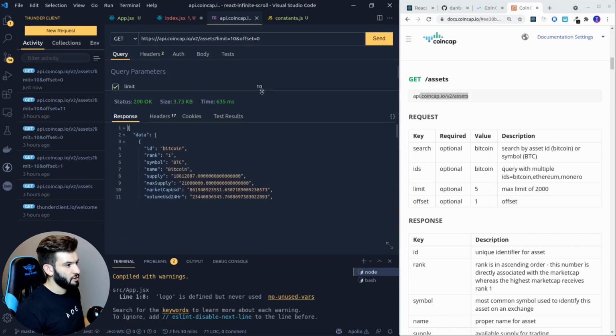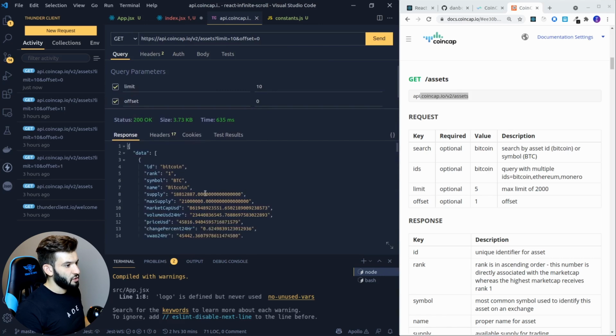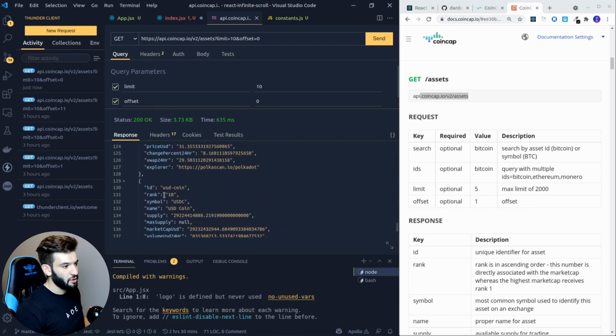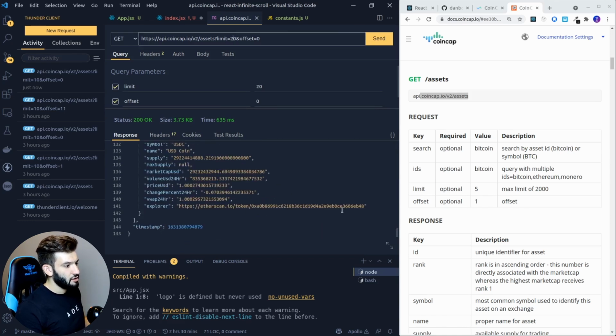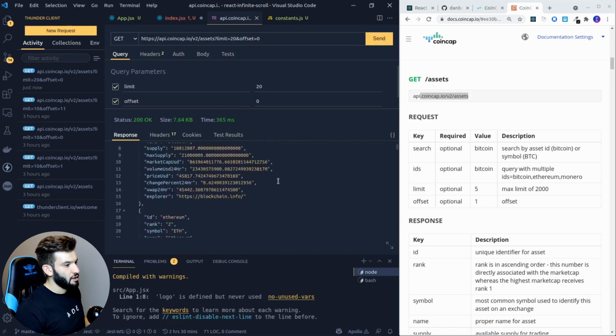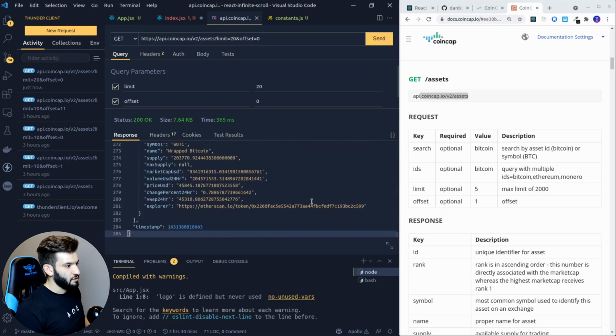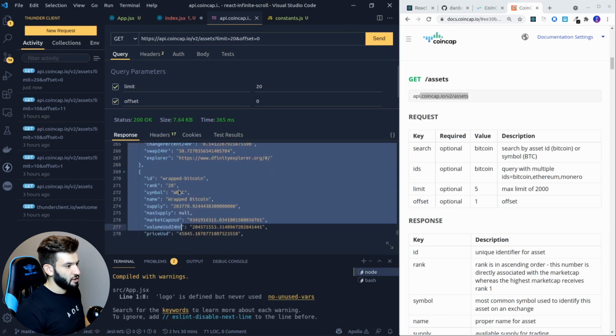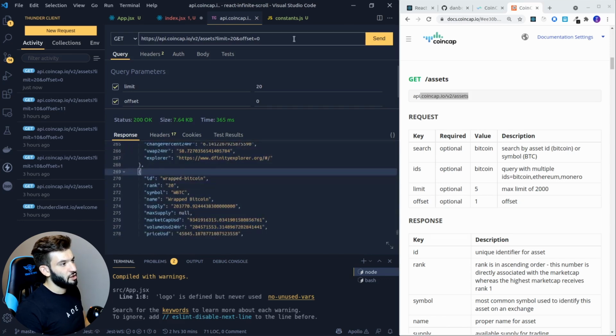Let me show you that on top. So we start from Bitcoin, which is the first one in the list, and we only get 10 items, sorry, because we put the limit on 10. If we put the limit on 20, we get 20 items in the response in here. So if we go back, there's the 19th, and there is the 20th right over here. Sweet. Now if we do the offset by 10,